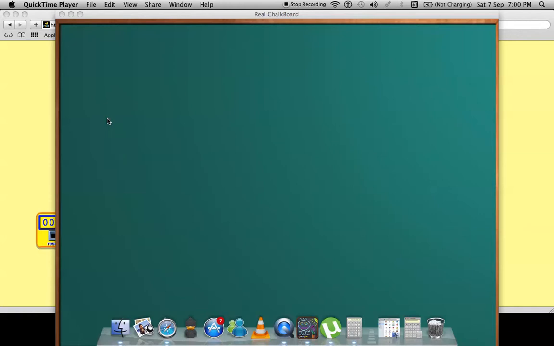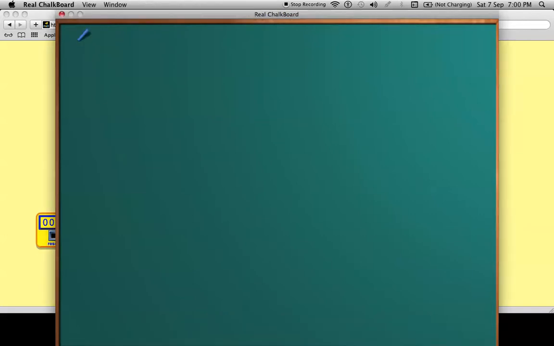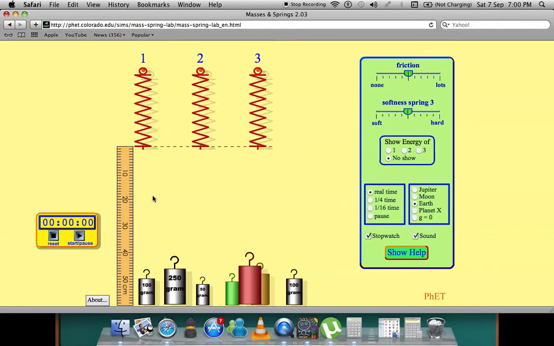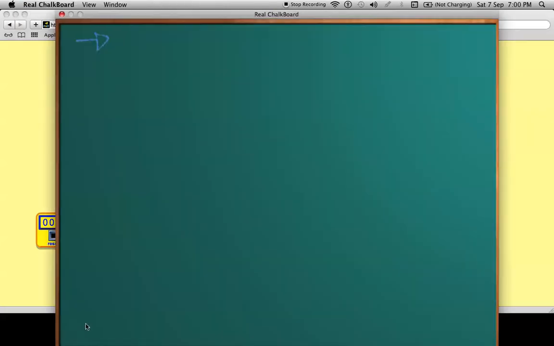Guys, we are back with our video on Hooke's law, and we are back with the same Java applet that we were using. So earlier we found out that there were three springs that you can see here, 1, 2 and 3, and we found out that first of all the springs are made of the same material,